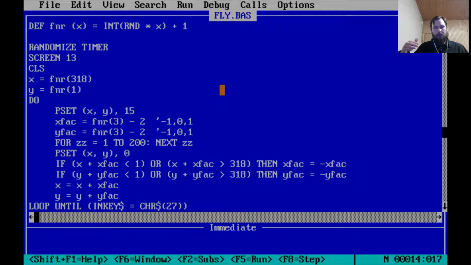The problem is if you're at the end of the screen, you don't want the fly to fly outside the screen, and similarly up and down. So if you're already at the edge, make sure you don't go off the edge, and that's what these next checks are for. So in a hypothetical world, if I were to take my x-coordinate and add the x-fac, if that results in something that's less than 1 or greater than 318, remember the screen width in screen 13 is 320,